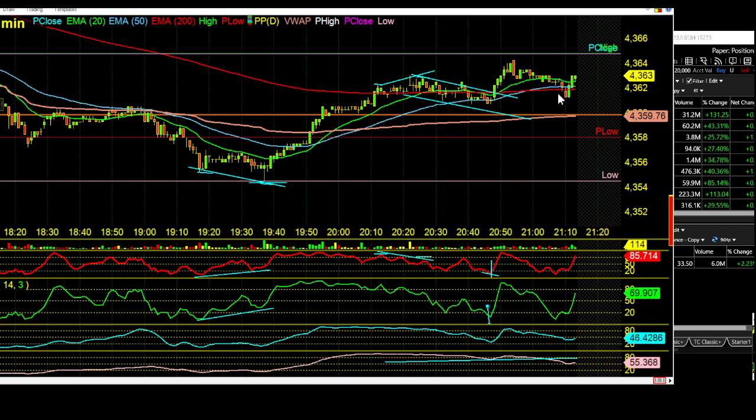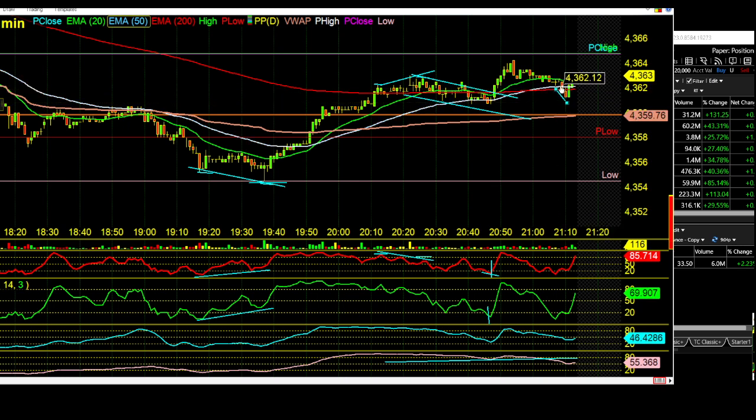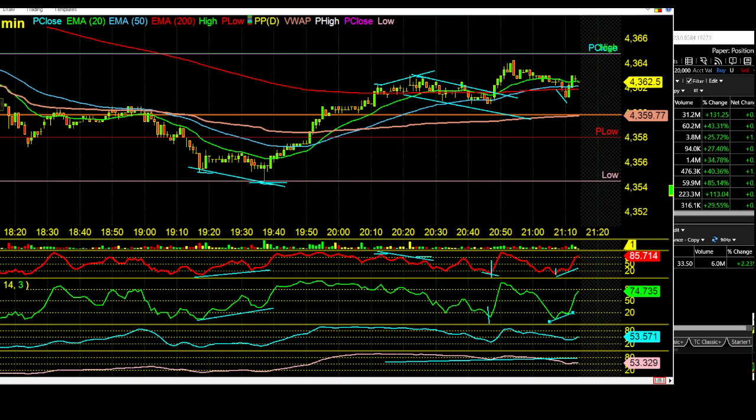Now, there was a little divergence right here happening live right now. Not something I would take right now, but you see that little low and that little lower low? And you had this little low here, and this little higher low right there, and you can really see it on the 14.3 here. And look at that. You can start to already see the momentum shift. Now, the secret about stochastics is they're measuring the momentum. And again, a great example. Let's see if I can bring it up for you.